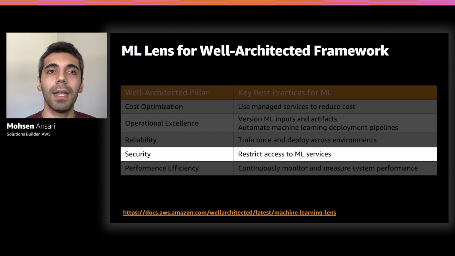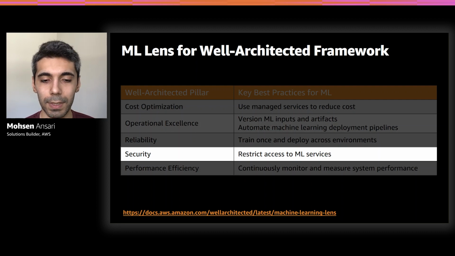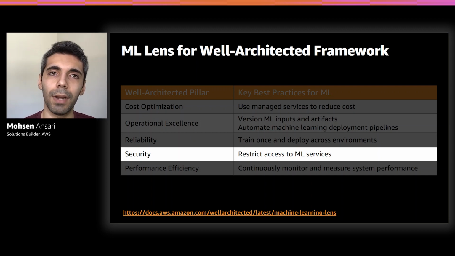And now the security pillar. In the security pillar, we have a machine learning best practice of restricting access to machine learning services. Restricting access to machine learning services means that your machine learning services should not be exposed to the end user. And the reason for that is that, for example, if you have a machine learning service in the form of a SageMaker endpoint, and if you allow all the users to access that,